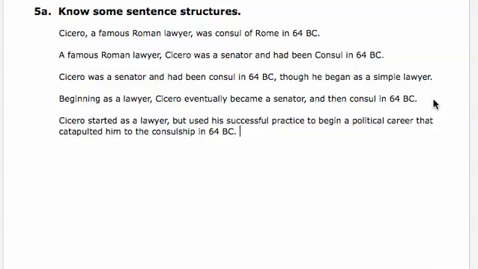This uses a slightly different form. Cicero starts one way, but uses it to become something else. And we could say